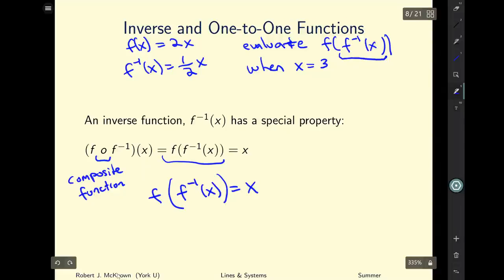Whatever is in the brackets is the first order of operations. So f inverse of 3